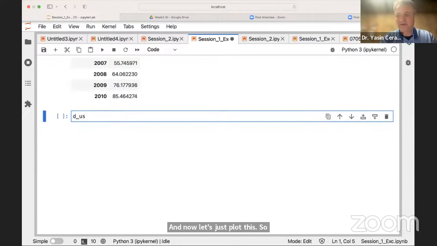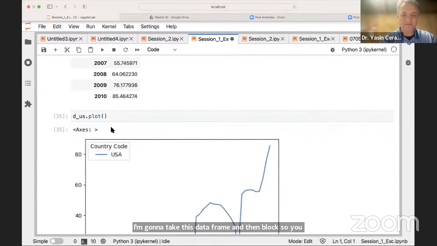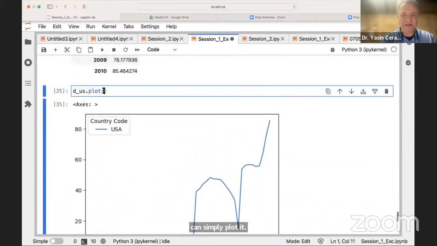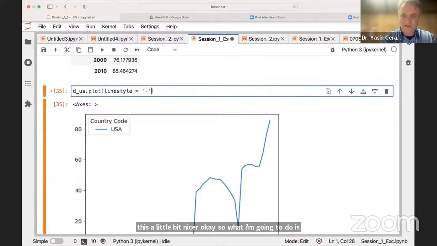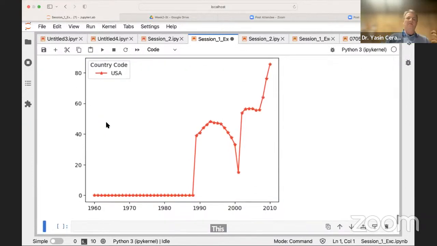So what I'm going to do is take this data frame and then plot. You can simply plot it, right? It's going to look something like this. Let's make this a little bit nicer, okay? So I'm going to say line style is this, and let's use a marker, this, okay? And then I'm going to change the color to this. Okay, all right. So this is USA,